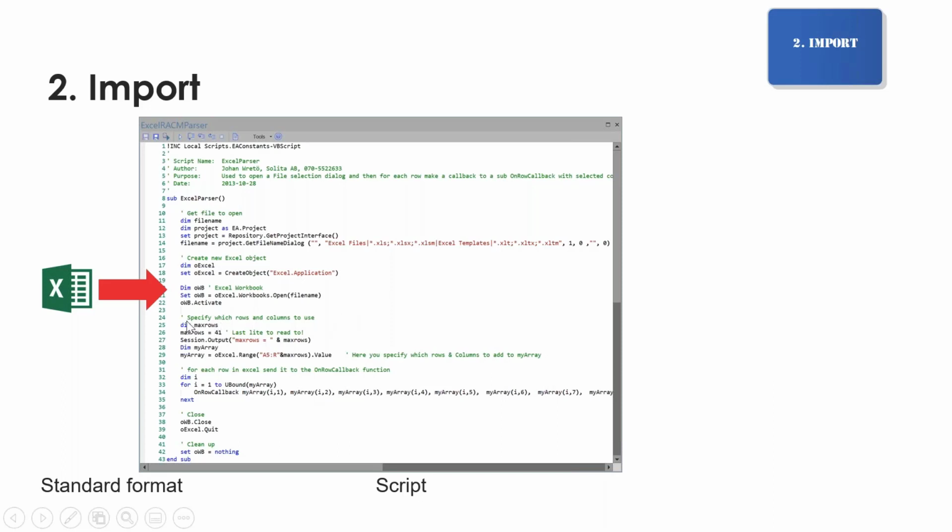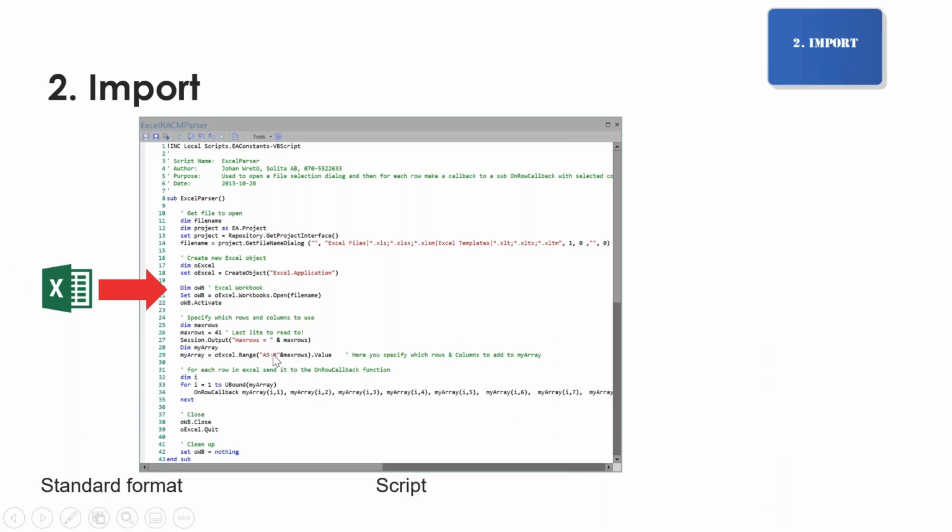After that, we specify which rows and columns to use. I usually do this myself. It's possible to ask Excel for it, but I prefer to put it in myself, because then I know exactly where it will start and where it will end, and how many columns it will use. So here we have the max rows.